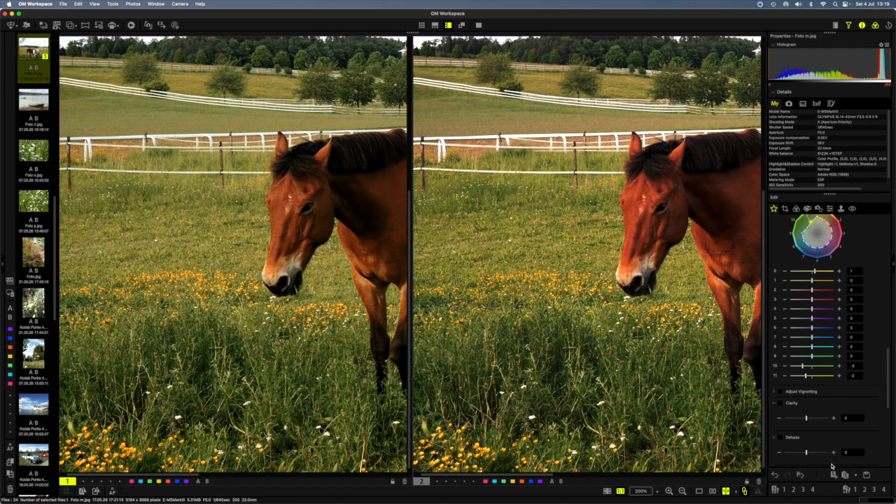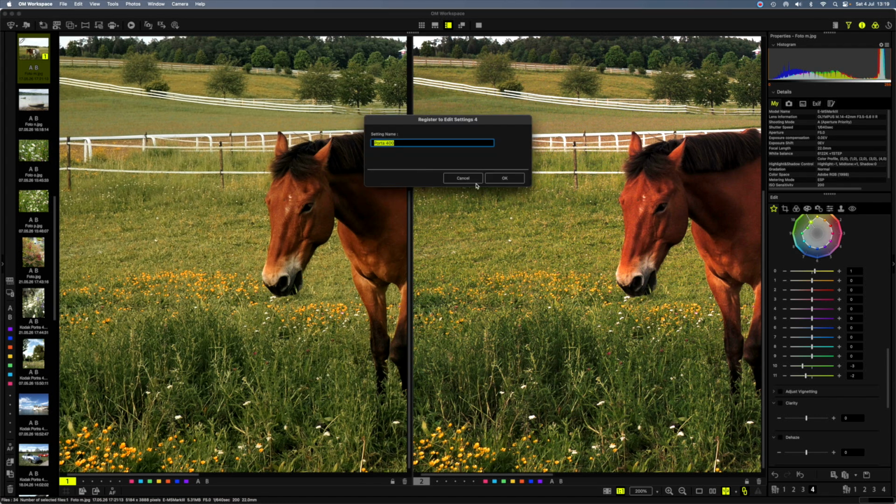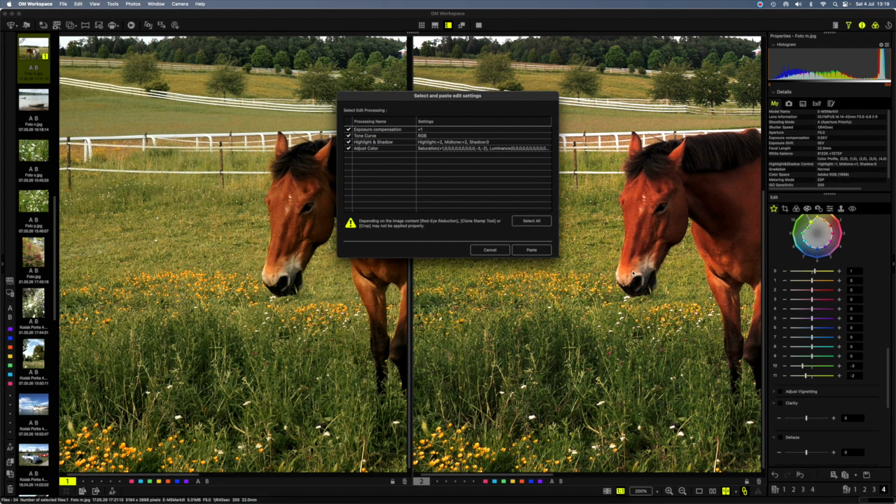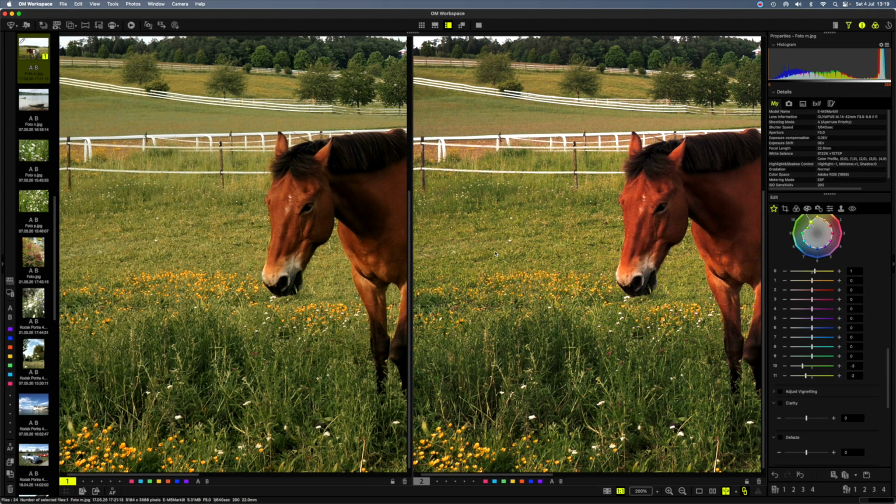If I want to keep the settings, I can program them to one of these 4 areas here. So let's select this one. This port of 400, I already did it, seems to me, and press OK. Now my settings are saved, and if I want to use them, I press that one there, and I can then select which of these settings I want to apply. I'm not going to do it now, we've already done it, but this is how easy it is.